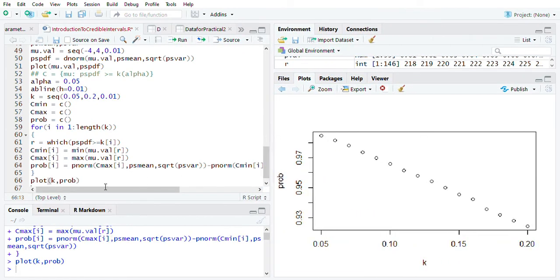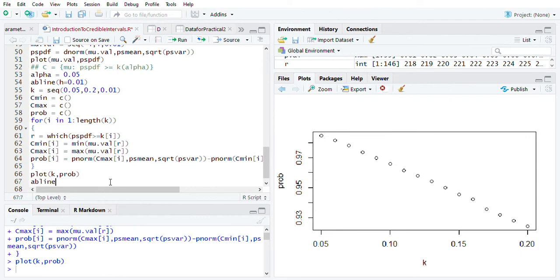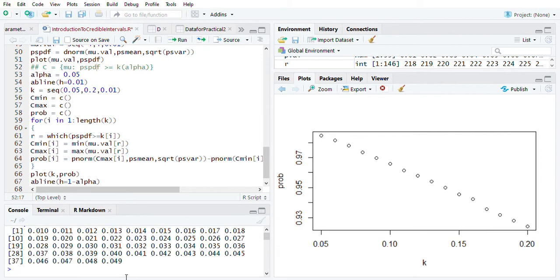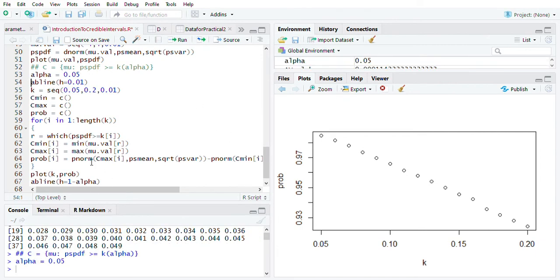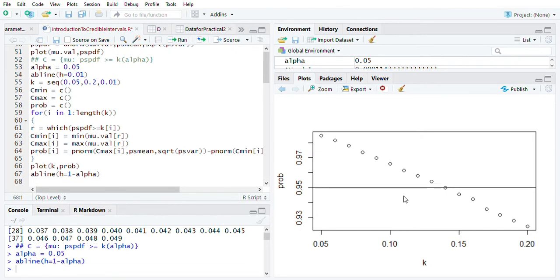And now in this graph, put the AB line at 1 minus alpha, right? Let us check the value of alpha. Oh no, we should run alpha equal to 0.05 here. And now let us try to add this line, right? So see,